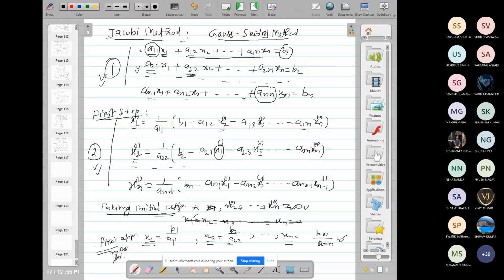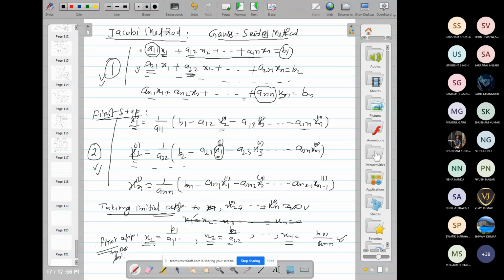That is, in the first equation we are obtaining the first approximation to x1, then in the second equation we are using this obtained value in place of x1. In the Jacobi method, simultaneously we can put the initial approximation in all equations, or to obtain the second approximation we can put the values obtained in the first approximation in all equations.